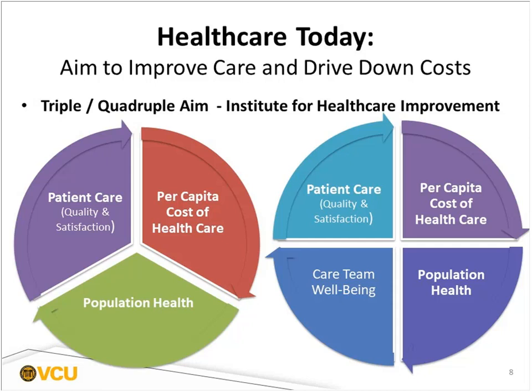You see this in nursing, for you all who are very focused on nursing, with the Healthy Nurse, Healthy Nation initiative that the American Nurses Association has put out there to help nurses to live more healthy lives so that they are healthy and feel better so that they can provide adequate care to their patients. And so what you're seeing is this translation of those ideas of the Crossing the Quality Chasm into the triple and quadruple aims, as well as